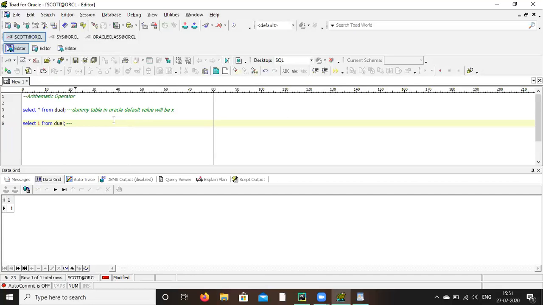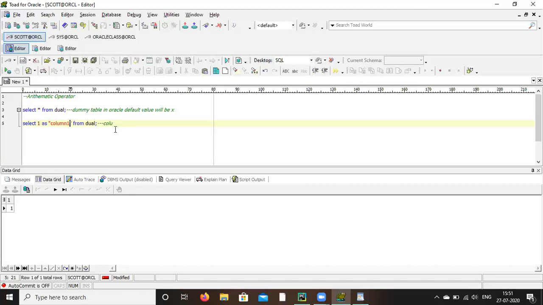Suppose you want to change the column name, what you have to write after one: give a space, then as, within double quotes, give some name. Let's say COL1, column one.